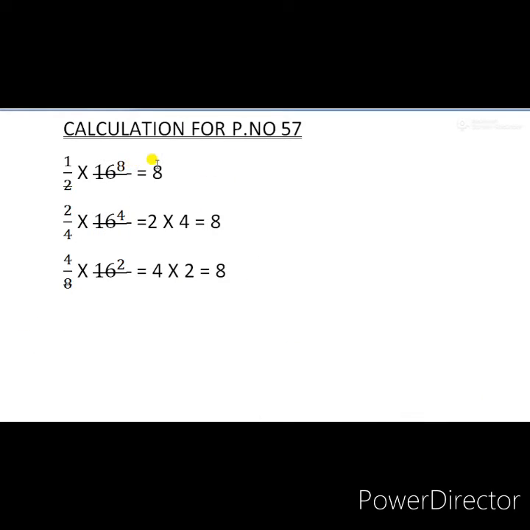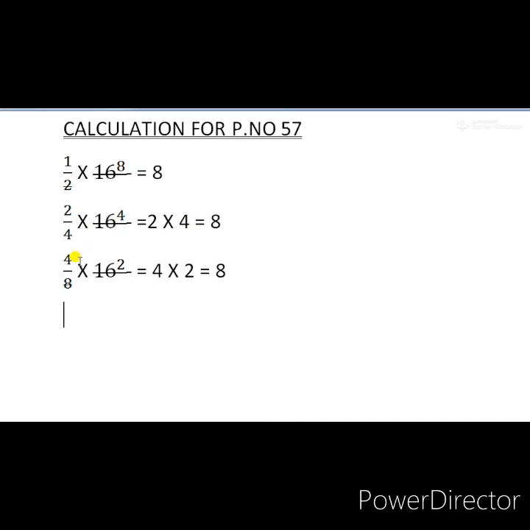See, the first option is 1 by 2 blue and 1 by 2 white. So half of 16 is 8. Yes, in that picture we know that 8 boxes are colored and 8 boxes are not colored. Now see option B, 2 by 4 blue and 2 by 4 white. Here also 2 by 4 of 16, the answer we are getting is 8. That means 8 boxes colored and 8 boxes not colored.